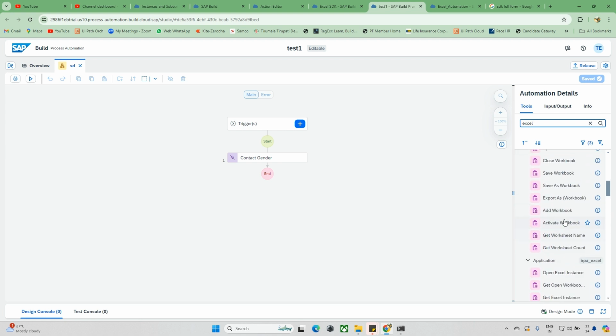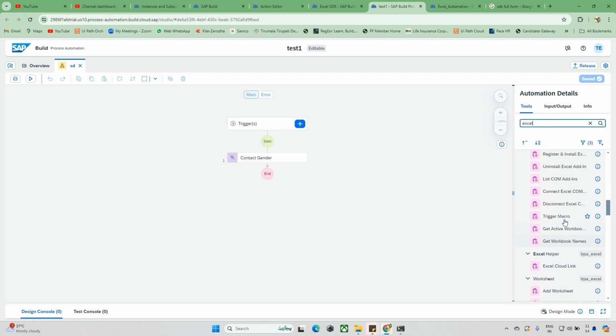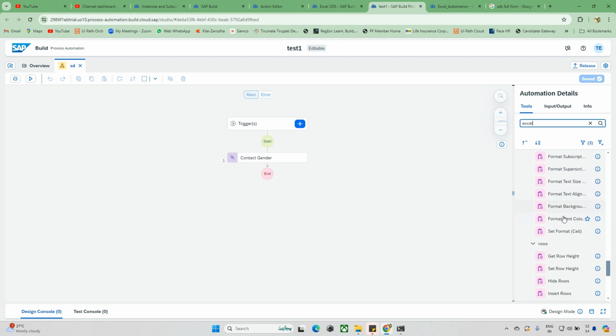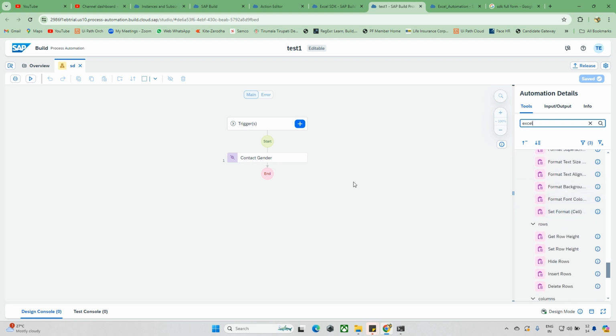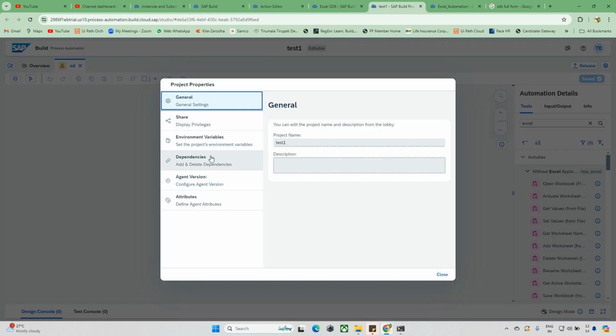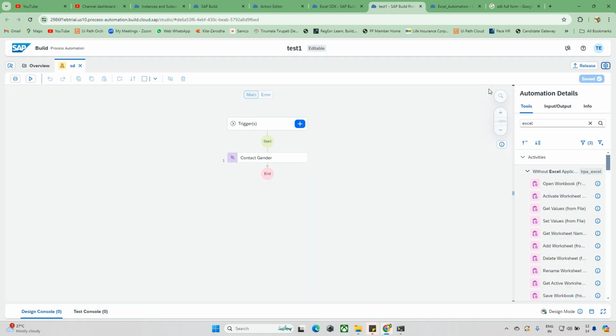When you see here, I have open workbook, close workbook, applications and trigger macro, activate workbook, delete sheet, rename the sheet. Those kinds of things are available. So you can just drag and use these activities, which is very simple and easy. If you want to add any dependencies, when I go and check directly, you cannot find the dependencies here. So you have to go to